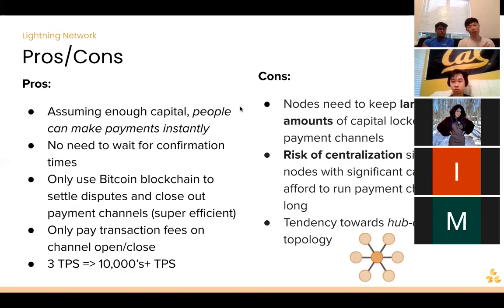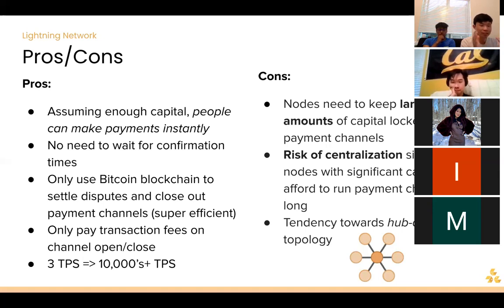So again, we'll go into pros and cons to evaluate the Lightning Network. Honestly, my little spiel about the Lightning Network does not do it justice. There are so many greater YouTube videos and articles about the Lightning Network that will really help you understand it. I highly encourage you to look into them. But really quickly,